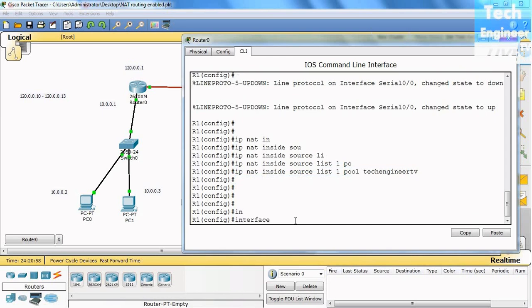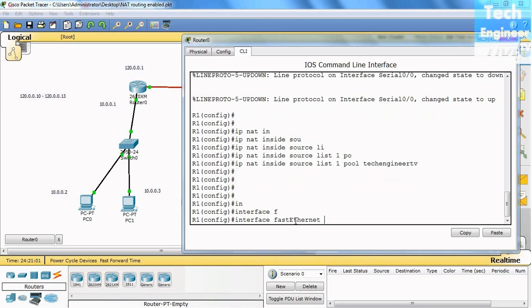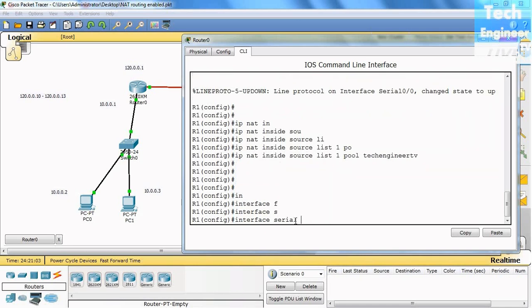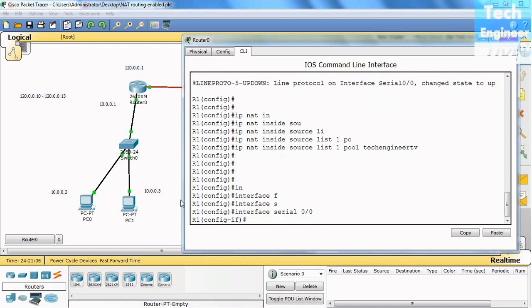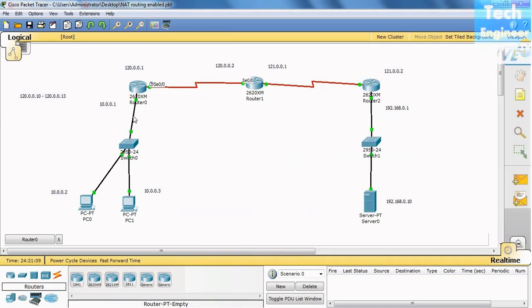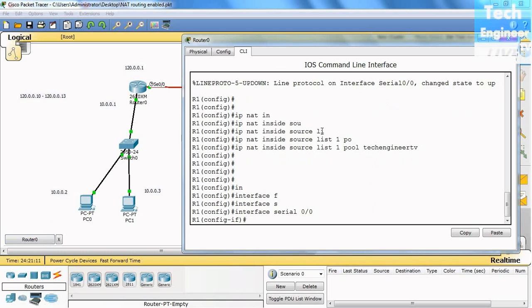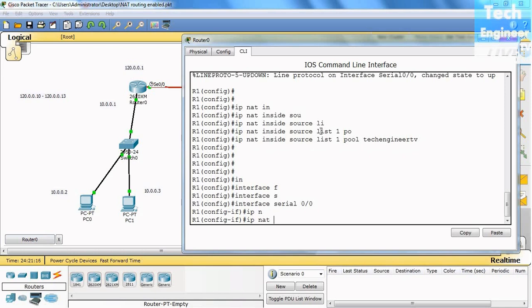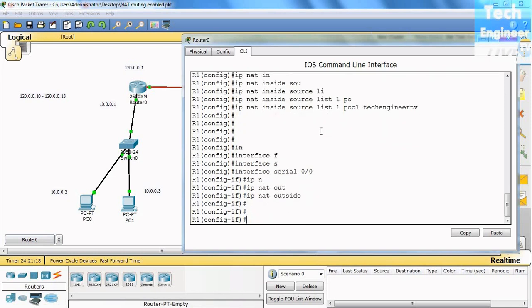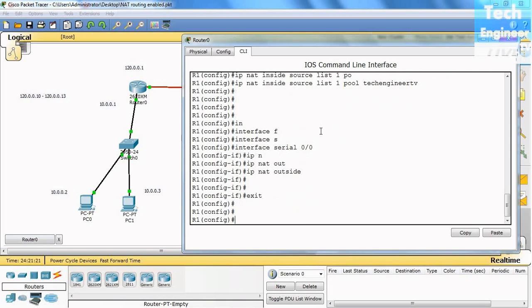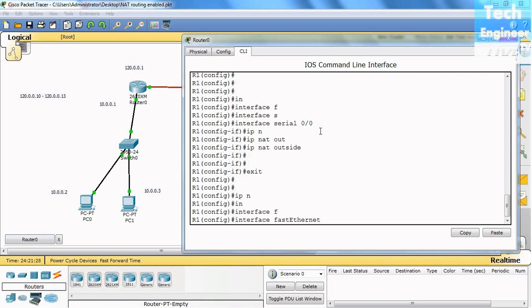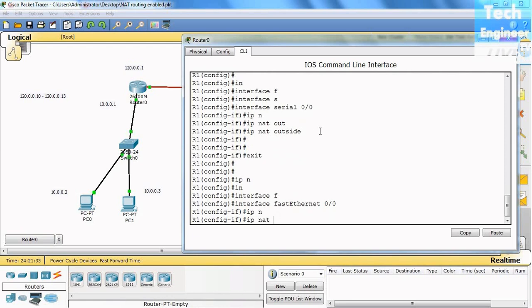Okay, now we need to configure NAT inside and outside. So FastEthernet, for example, let me start with 0/0. I'm configuring the serial port so that our packets filter from outside. So ip nat outside, exit. Then interface FastEthernet 0/0, ip nat inside,